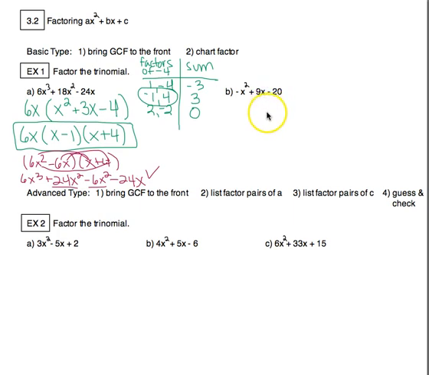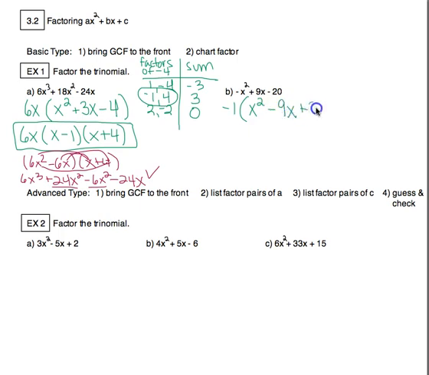So I picked this one on purpose because people look at it and they're like, oh, well, they don't have an x in common, and this is a 1, a -1, so there is no GCF. That is not true here. When we chart factor, our x squared has to be positive. So in this case, I have to have a GCF of -1 because I have to factor that negative away from the x squared. So if I factor out a -1, all that's really doing is it's going to change all the signs. So that would make this positive x squared,